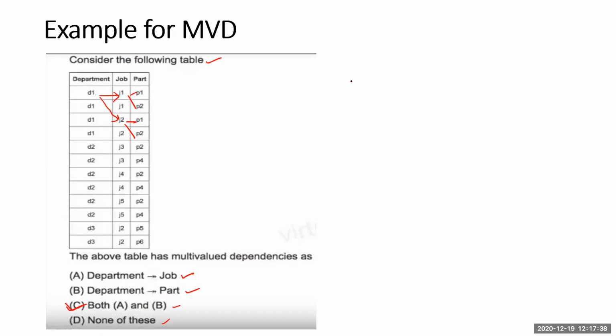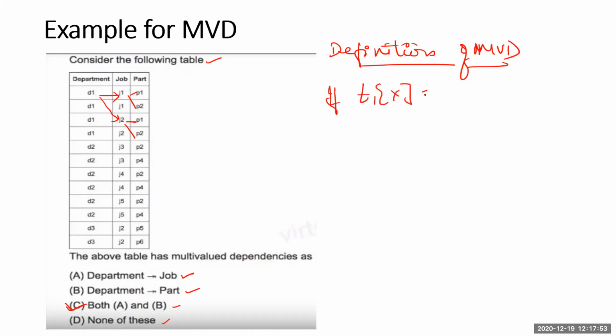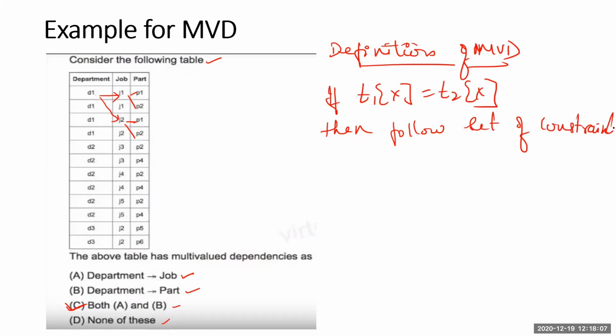How do you prove? We need to prove it with respect to the definition of MVD. What was the definition of MVD? If T1 of X is equal to T2 of X, then I have to follow a set of constraints. What was that set of constraints? If T1 of X is equal to T2 of X, then it should be equal to T3 of X,